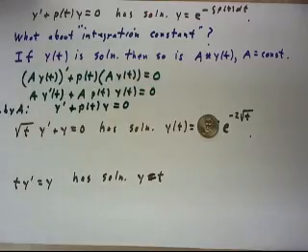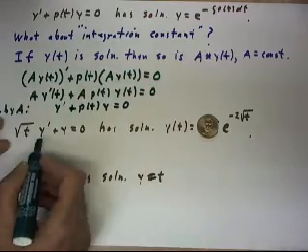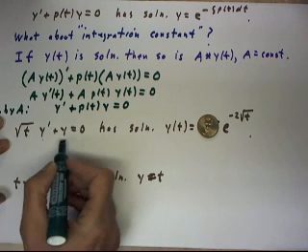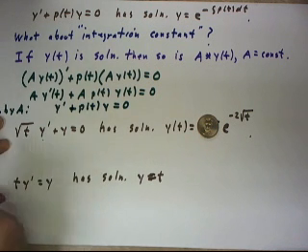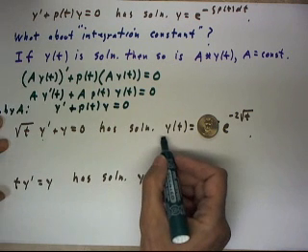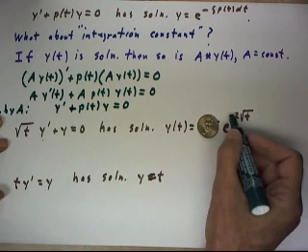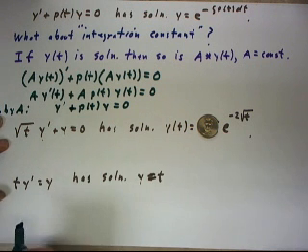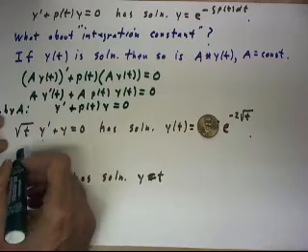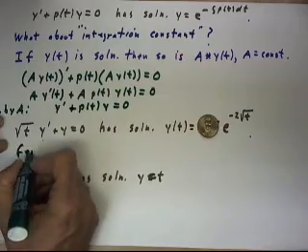Now, the square root of t y prime plus y equals 0 was previously put into the form of a linear homogeneous equation. It had solution y of t equals e to the negative 2 square root of t. So what would the general solution be? General solution,